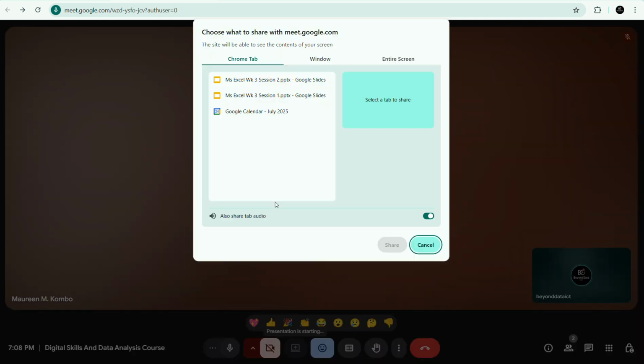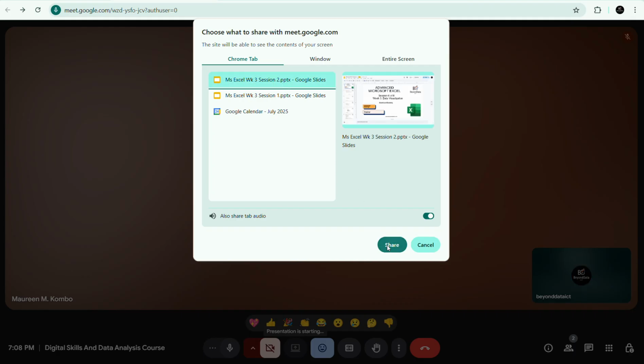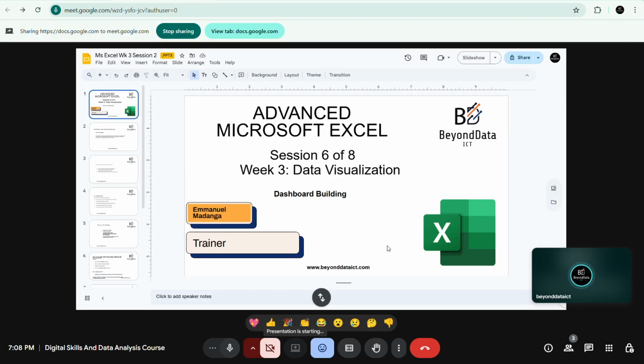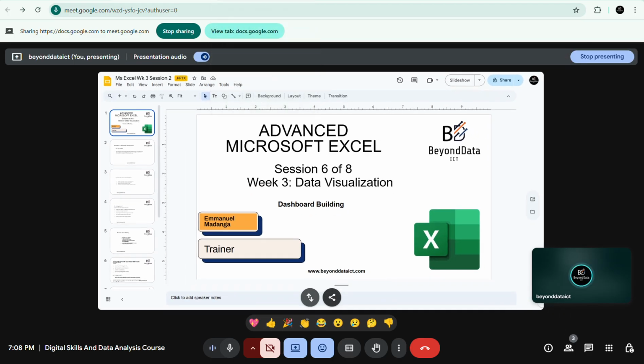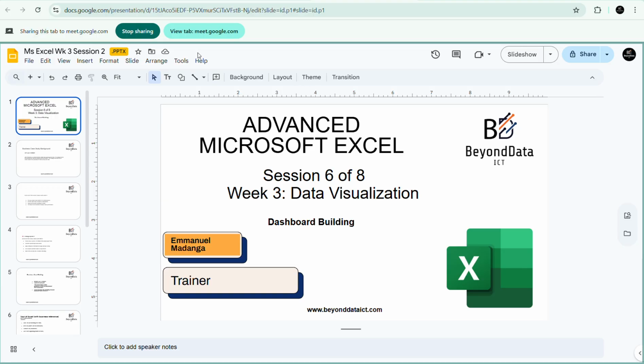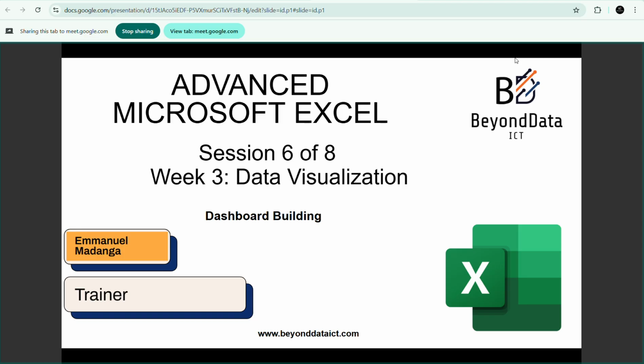6 of 8 sessions on Microsoft Excel. So it's session 6 of 8 of Microsoft Excel sessions. In this session, we'll now be focusing on dashboard building in data in Excel. That's what we want to do today, and we just want to ensure that by the end of this session, we are now experts